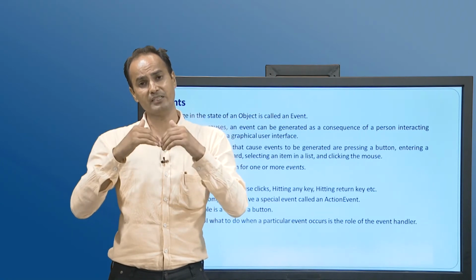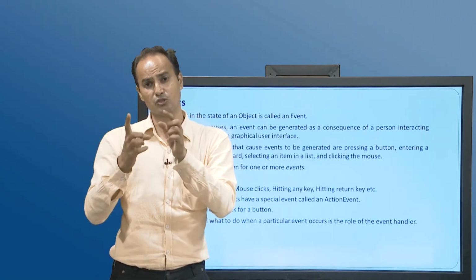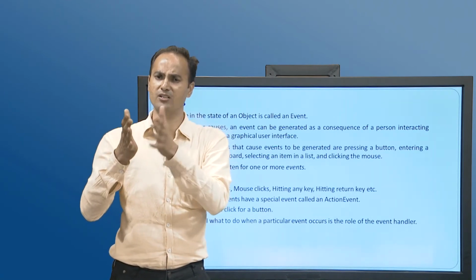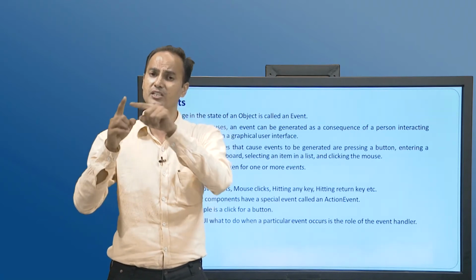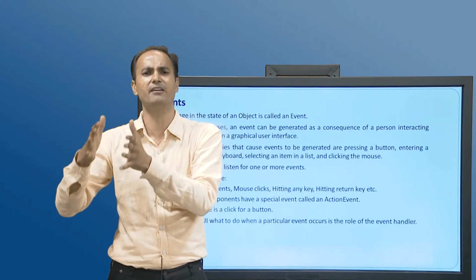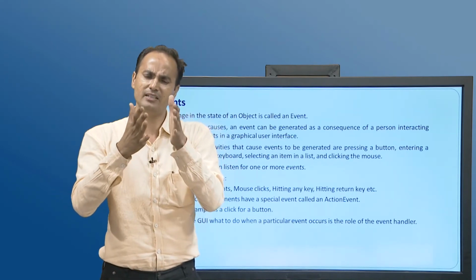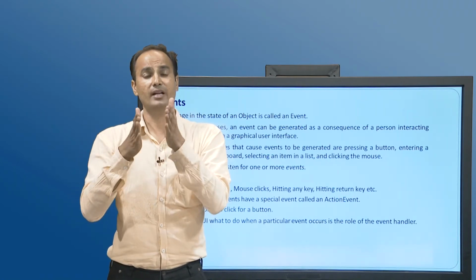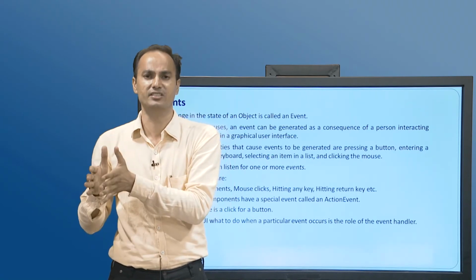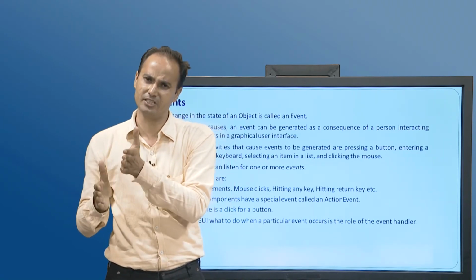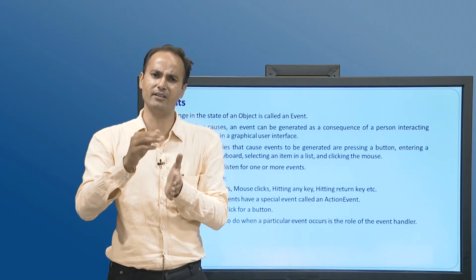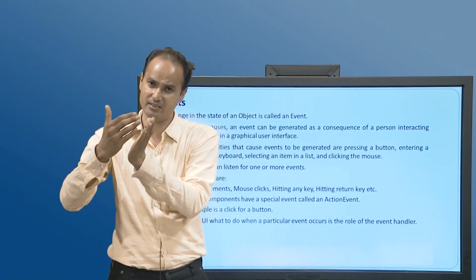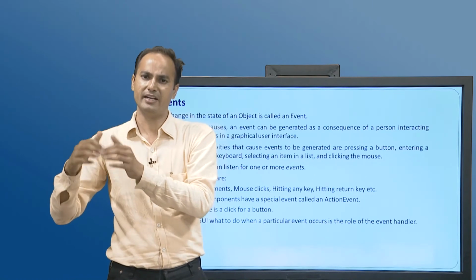So, when a button generates an action event, there should be a corresponding listener for the action event. In the java.awt.event package, there are different event classes and, for them, different listeners. For the action event class, there is an action listener, which continuously listens for the action event, and whenever a button fires an action event, the action listener gets the notification and handles the event.